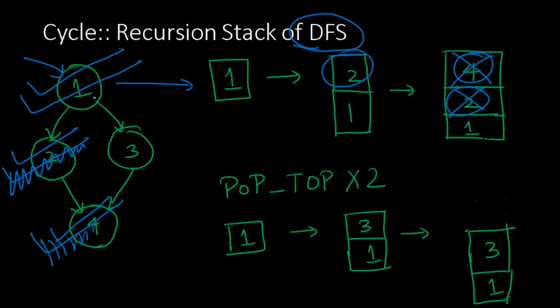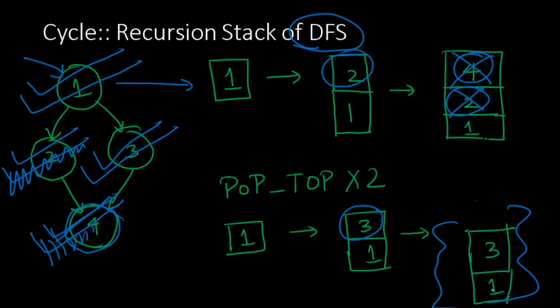Into the stack, you push 3. Before that, you mark it as visited. You push 3 and the second tick mark is, of course, for being present in our stack. At this point, we are looking at the next child, which is 4. Is 4 visited? Yes, the first tick mark is present. Is 4 in our recursion stack? Look at our recursion stack. Our stack contains only 3 and 1.